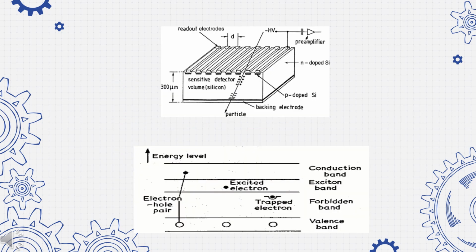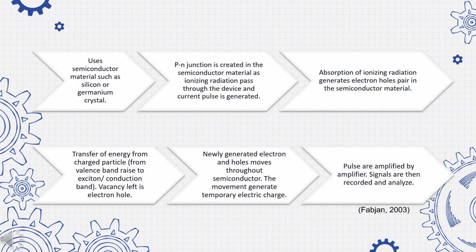The picture shows the working principle of solid-state dosimeter in diagram form. This slide will show the flow of the working principle of solid-state dosimeter. Solid-state dosimeter uses semiconductor materials such as silicon or germanium crystal. As ionizing radiation passes through the device, a P-N junction will be created in the semiconductor material and will generate a current